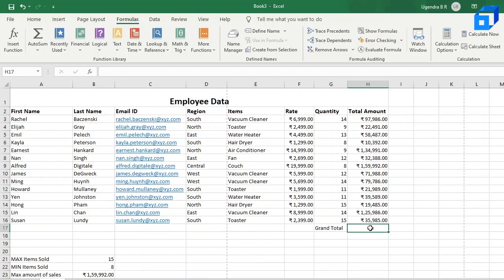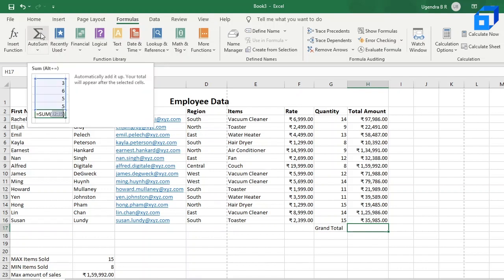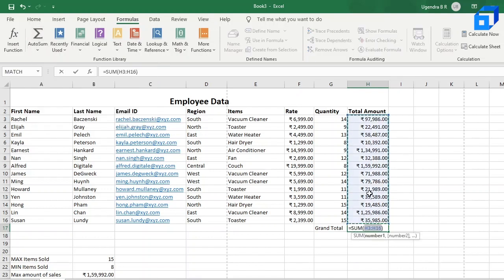So now there's something called auto sum in the formulas ribbon in Excel. If you click on auto sum, Excel automatically takes the values present over here. It doesn't take the string values, it only takes the numeric values in that particular column, and then automatically assigns a formula to it.